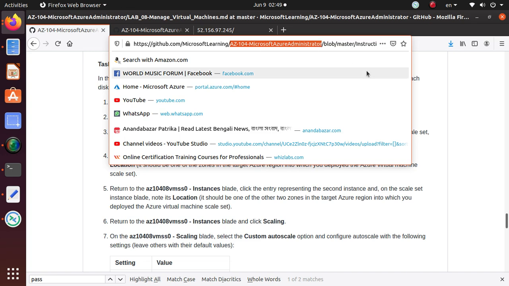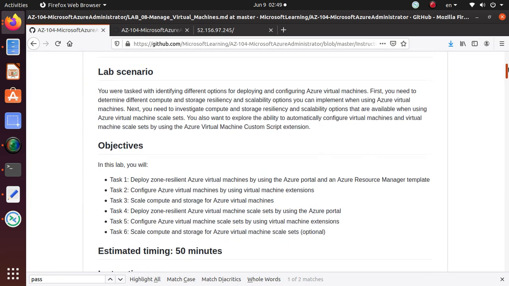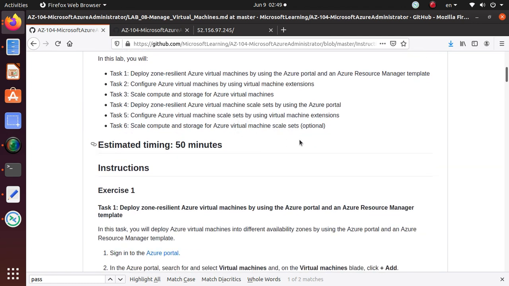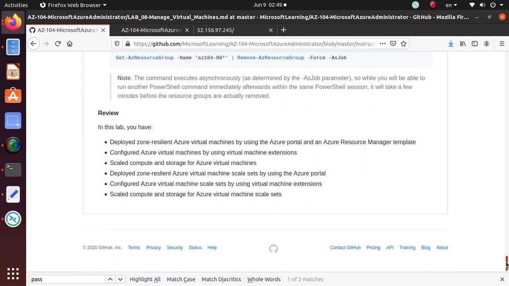In the last few videos we were working on this particular section, lab 08, to manage the virtual machines. We have already completed all of these 6 different tasks. In this particular video there is actually a task 7 that is not listed in this header. If you go down to the very bottom